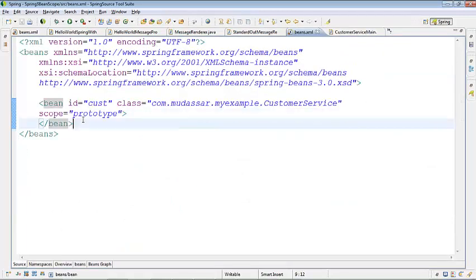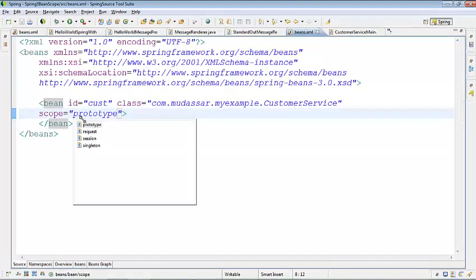Similar to these two scopes, there are other scopes also. Request and session. Request scope means that for the MVC scenario, for a request scope, give me only one bean every time when I say getBean. Session: for a particular session, give me one bean. For a particular session scope, give me only one bean, no matter how many times I say getBean. Right? That is something to do with the scope.